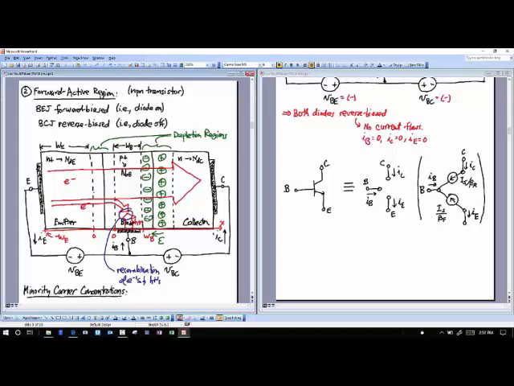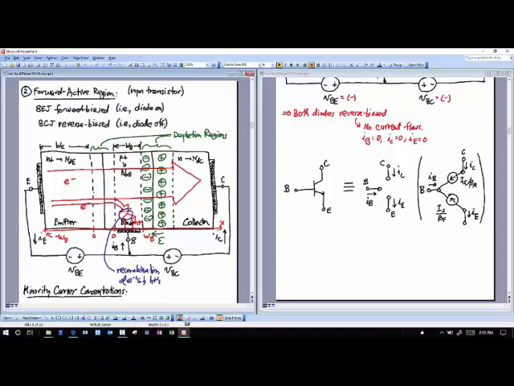Still, the bipolar, in the early years, was the much more popular device than the MOS. That's why your 741 is based entirely on bipolar. That's why I still teach bipolar. There are some people in this department that think we should not teach bipolar, but we still do. The reason? Most of those op-amps out there are using bipolar, the ones that you can buy and hold in your hand. Most of the circuits that you can't hold in your hand, like your Intel CPU or your cell phone circuits, that's still a lot of bipolar there. But a lot of that is MOS.